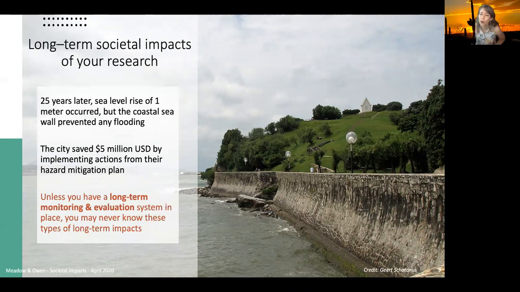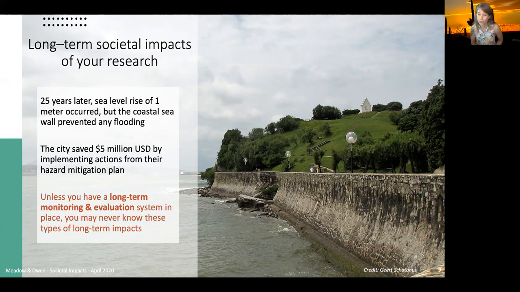And so again, we want to go back and point to the differentiation between the types of impacts that we're talking about today and some of these other longer term impacts of research, or the ways that your research will contribute to long-term measurable changes. So in the case of this seawall, for example, we'll say that 25 years later, sea level rise of 1 meter occurred, but the coastal seawall prevented any flooding from happening in the city. So this prevention, as well as other actions in the hazard mitigation plan, saved the city $5 million in damages,